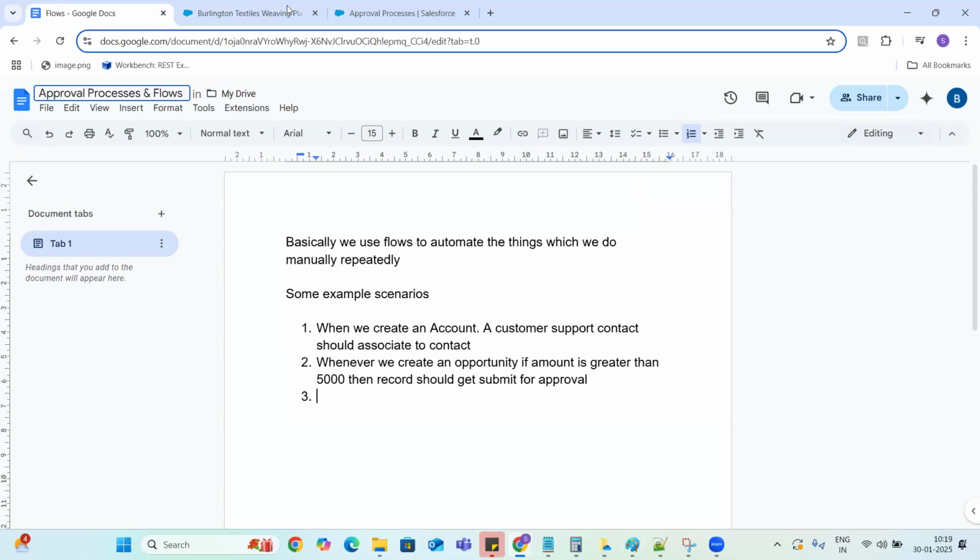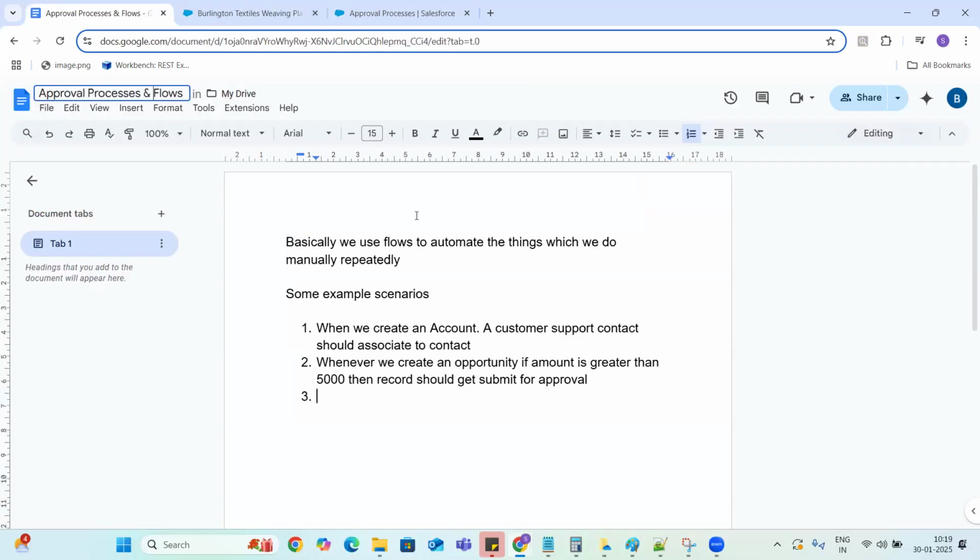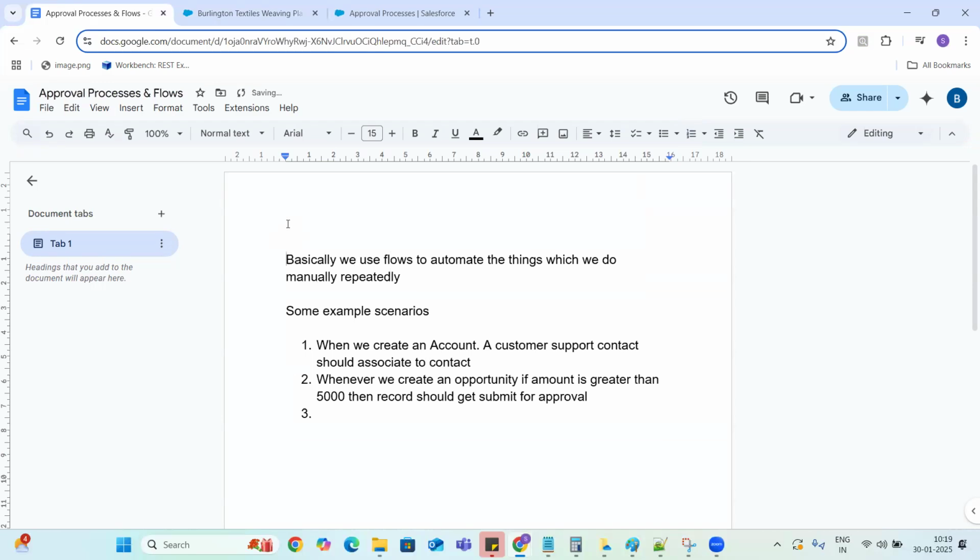Okay. So we are going to discuss approval processes and flows. Approval processes is used whenever we want to submit a record for approval.